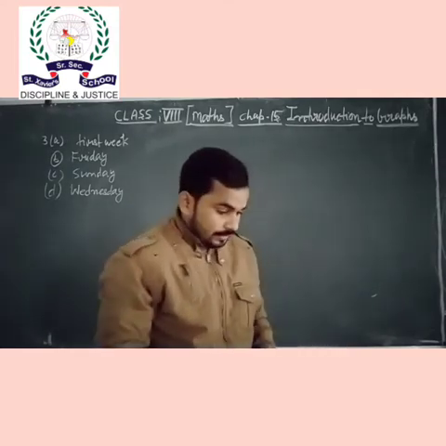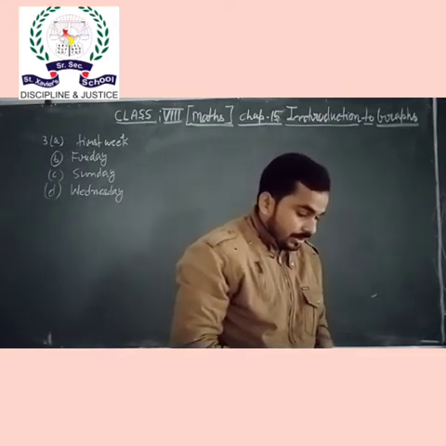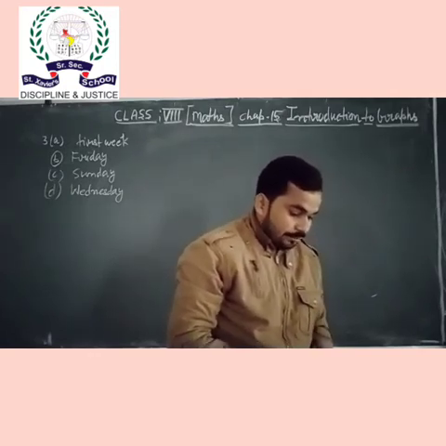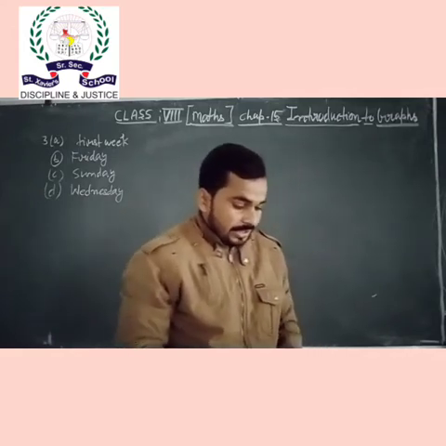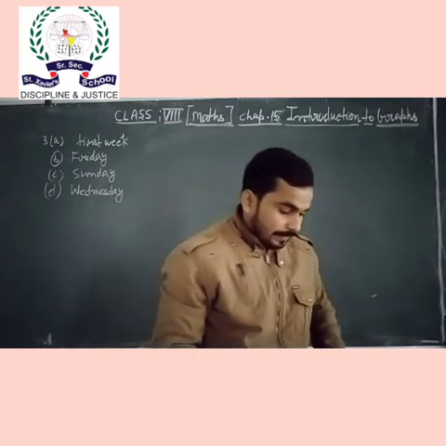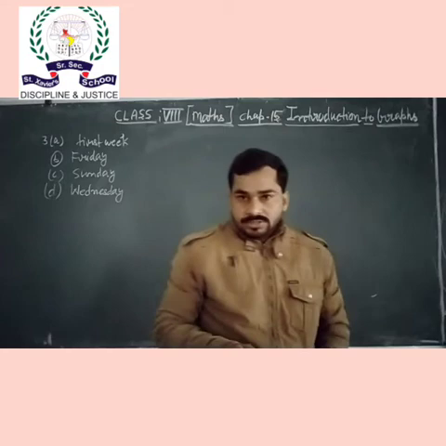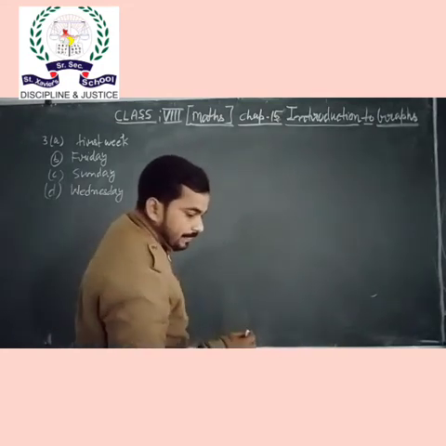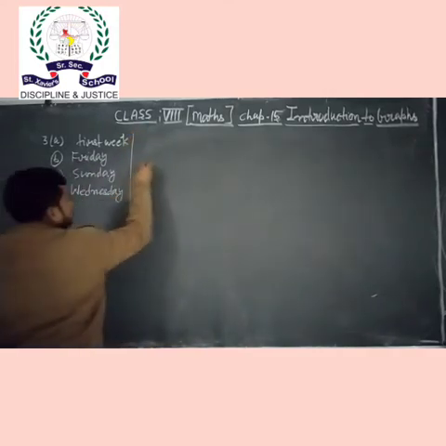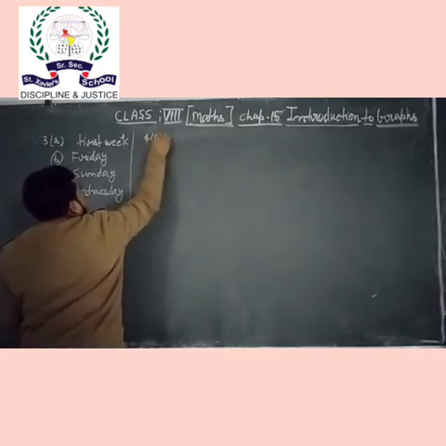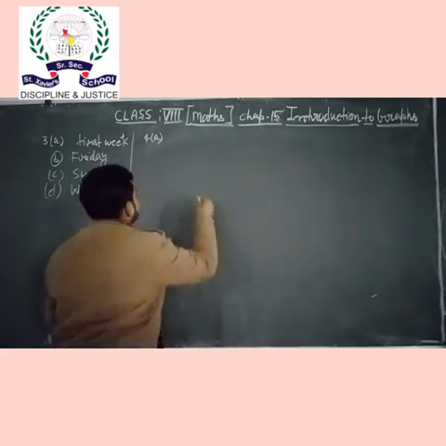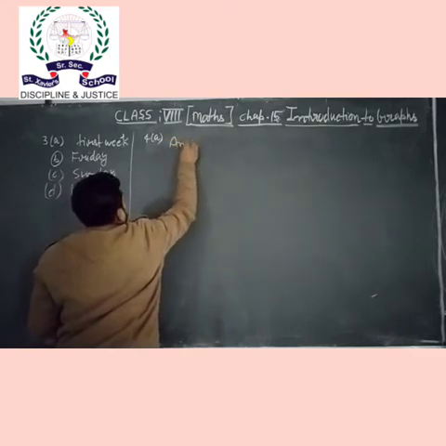Question number 1. If the annual income of company A in year 2016 is 1 crore 55 lakh 50,000 and the annual income of company C is 2 crore 71 lakh, then find the ratio of the expenditure of company C to the expenditure of company A. So you are given the profit and the income, and you have to find the expenditure. So question number 4, part A, annual income of company A.